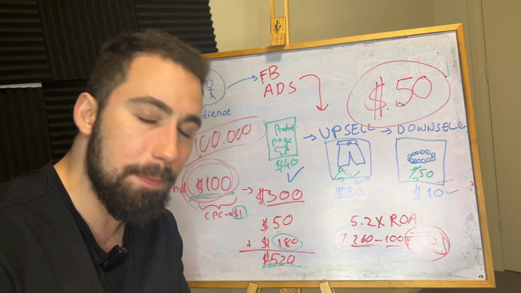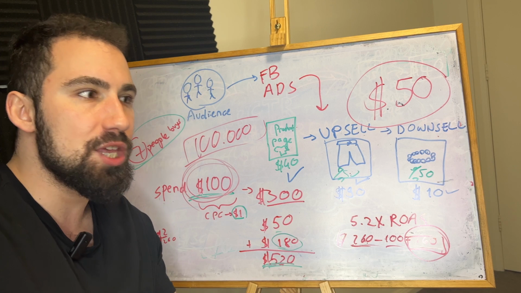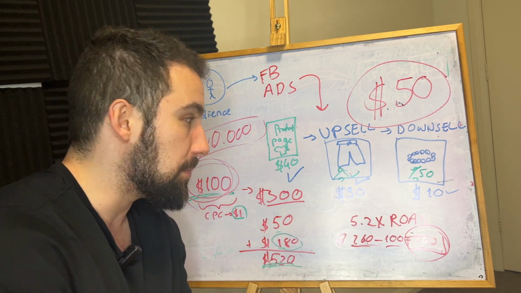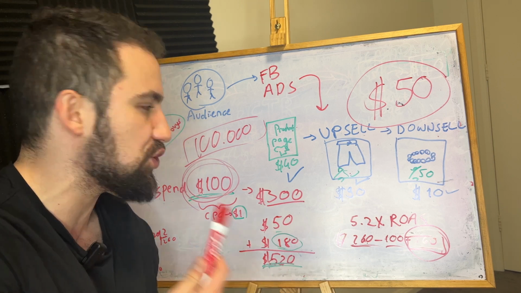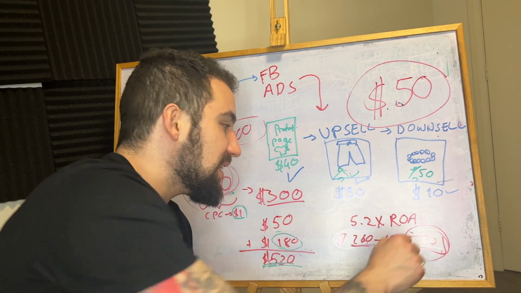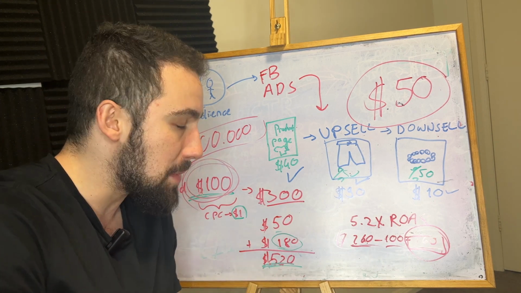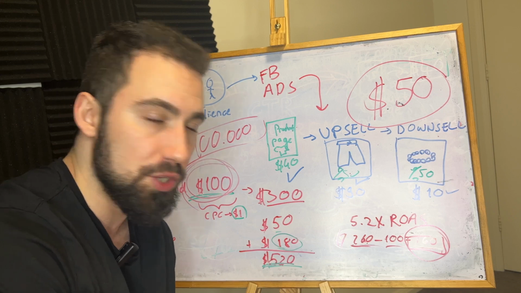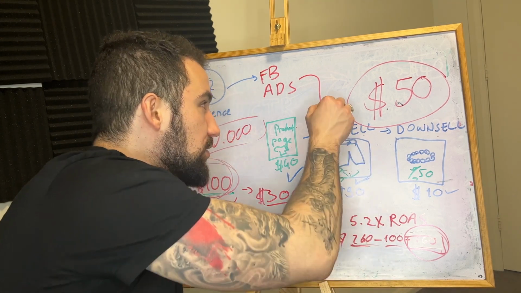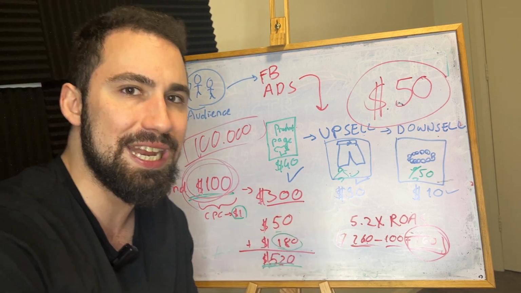And this is why people fail when it comes to Facebook advertising. They get caught up in those in-platform metrics. But if the business owner is not open to changing things, you are leaving money on the table, and the money is huge. And this is also going to make you look bad as an advertiser if you don't convince the business owner to make those changes. Because look at this. Where is 3x ROAS and where is 5.2x ROAS? It's a crazy night and day difference.